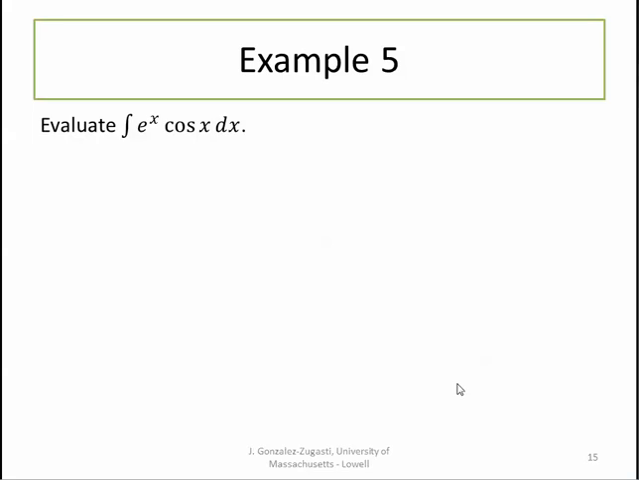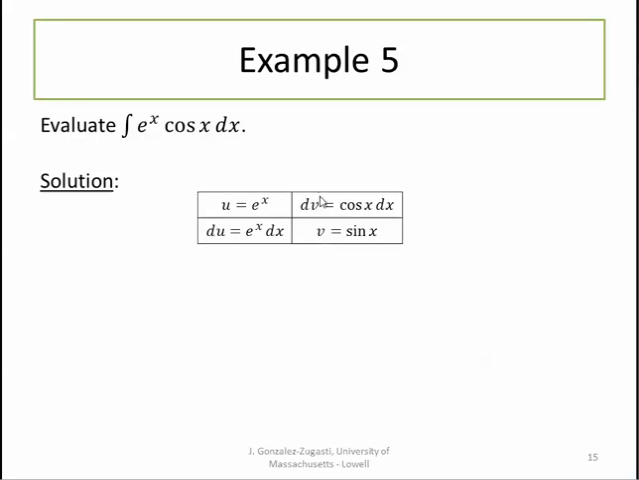All right. Let's look at one final example, and it's pretty interesting. Let's evaluate the integral of e to the x times cosine x dx. So the first thing we do is make our choices for u and dv, and let's let u be equal to e to the x, and dv be equal to cosine x dx. When we do that, we go ahead and evaluate du and v,